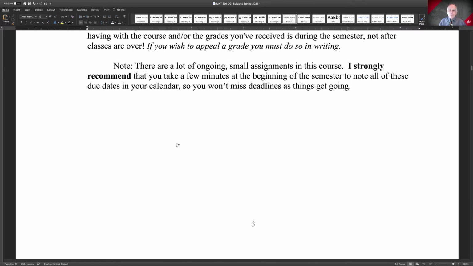I will, for the most part, not be reminding you of that. And I do this on purpose because when you get out in the real world and you're working at a real company or what have you, I can assure you your boss is not going to stop by your desk and remind you that you have a report that's due tomorrow at 5 o'clock or whatever. So this is my small way of helping you to get organized. And if you do that at the beginning, you should not have any problems keeping track of all the things that are required.